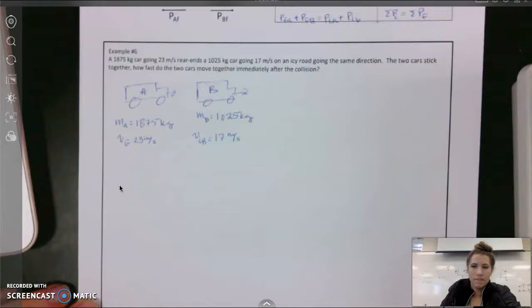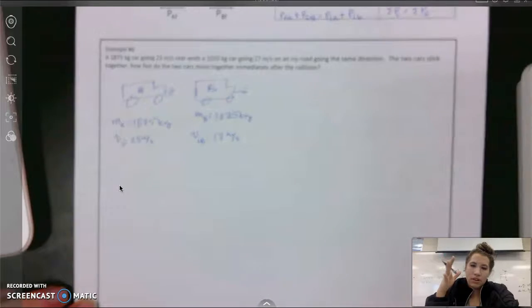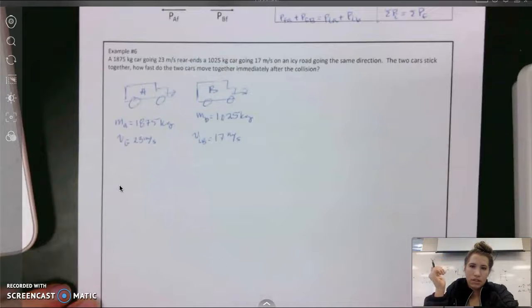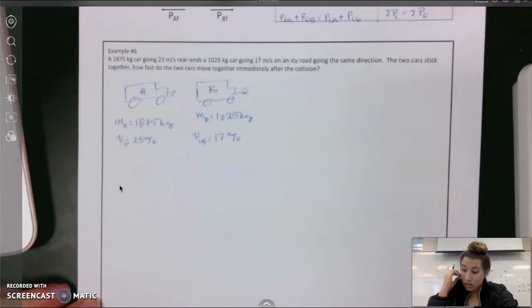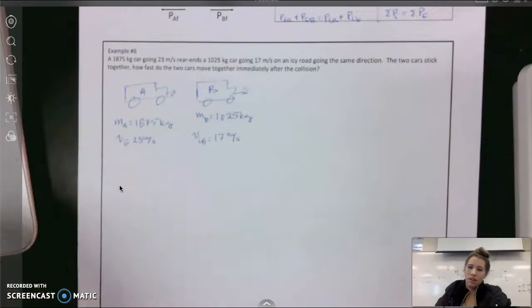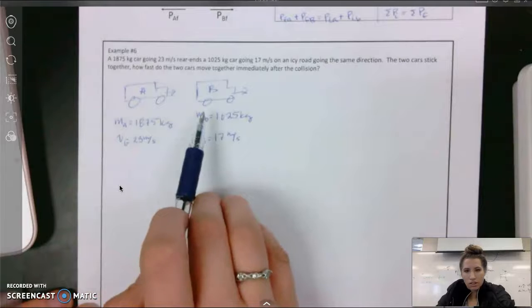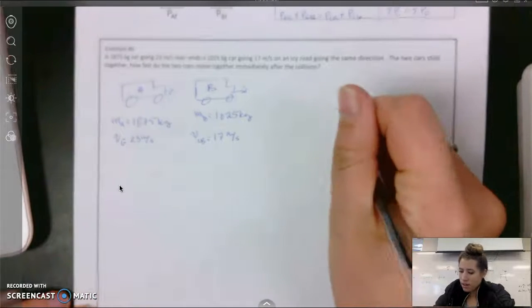Okay. So that's our initial conditions. The two cars stick together. How fast do the two cars move together immediately after the collision? Right. So we should address the fact that they stick together. Okay. That we start with this. This is our initial condition. Okay. And then our final condition